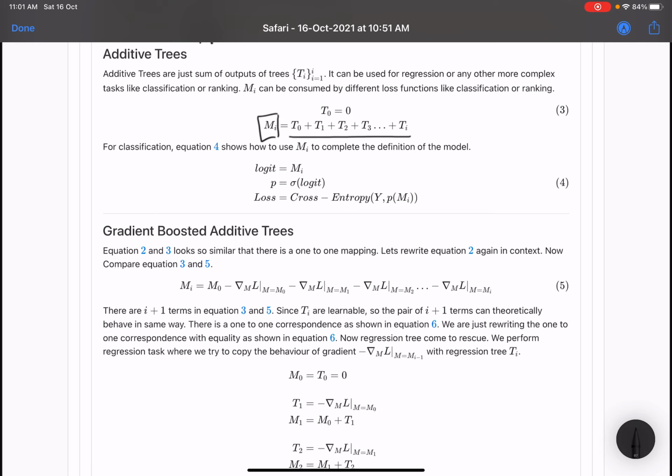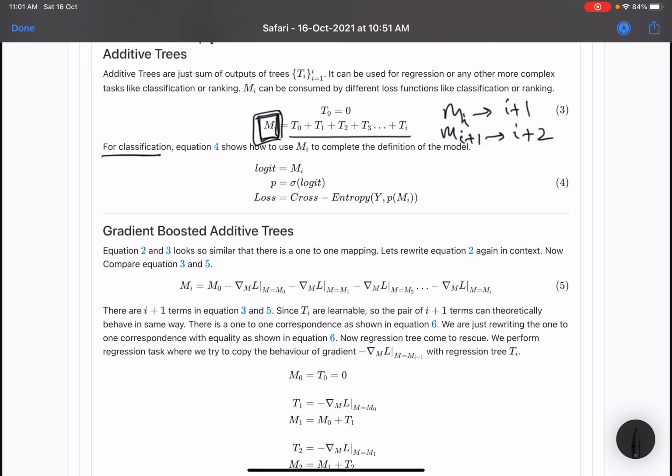But basically this Mi model is the evolving model, and it is just a sum of trees. So Mi has i plus 1 trees, Mi plus 1 has i plus 2 trees, right? So this is our evolving model Mi, and we will complete the definition of the model with a task.